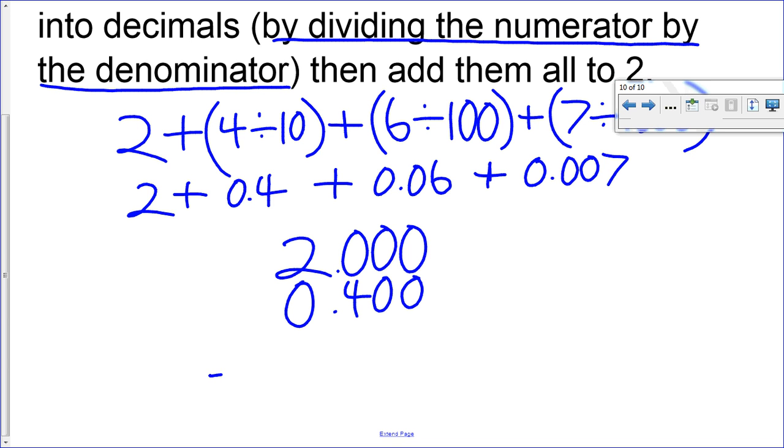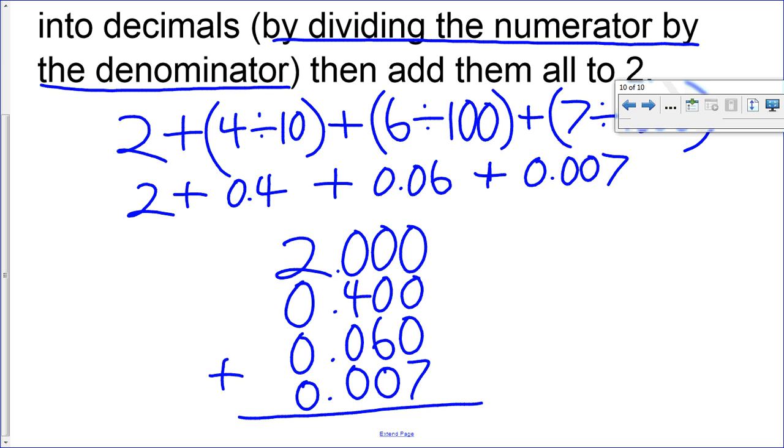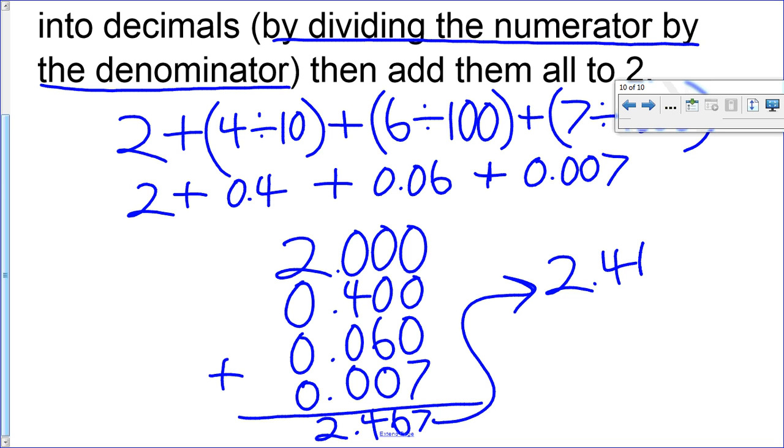So this is an addition problem. We're just going to add all these up and see what we come up with. So we'll add the next one. And then finally, we will add the last one, the 7 thousandths. Okay, so we add the first column, we wind up with 7. The second column, all the zeros plus 6 just equals 6. All the zeros plus 4 just equals 4. And all these other zeros plus 2 equals 2. We keep our decimal in the same spot. So that looks like we have proven that it does equal